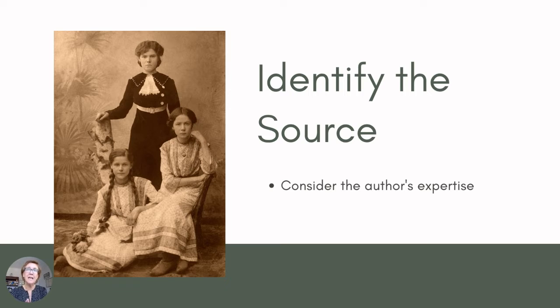But say when we look at death certificates and we look at things such as names of parents, when somebody was born, where they were born, well, that usually is information provided by a person who may or may not have known that individual very well. And so the information could be a little suspect or maybe not as accurate. So we want to keep that in mind: who was providing that information for that particular record.